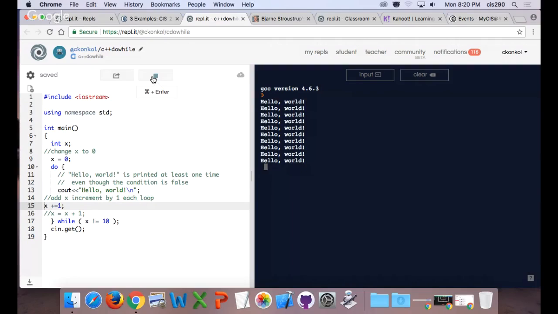Okay, well, let me show you a couple of the different ways that you can increment on line 15.